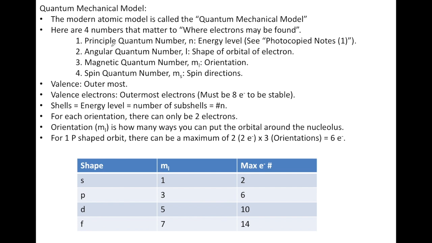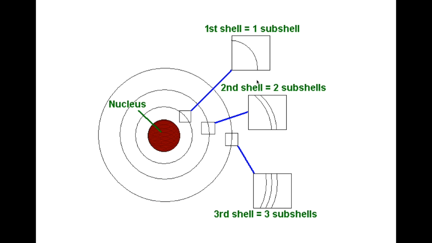The first one is called the principal quantum number. It's represented by n, and it stands for energy level. So let me quickly hop to this slide over here. As you can see, this is the Bohr model, made by a guy named Bohr. Again, this is also inaccurate, but it is accurate for the hydrogen atom. You'll see why later, probably in the next video. But for now,